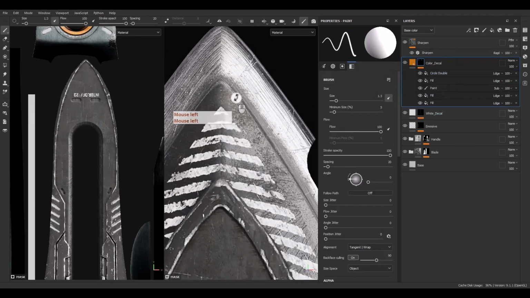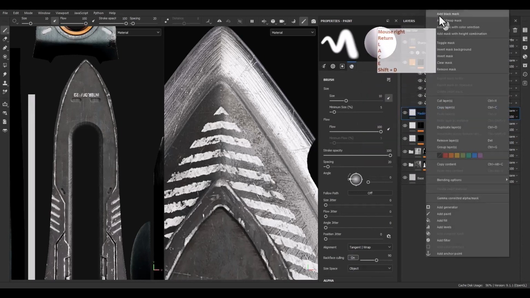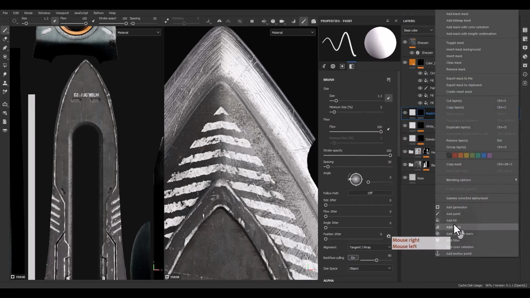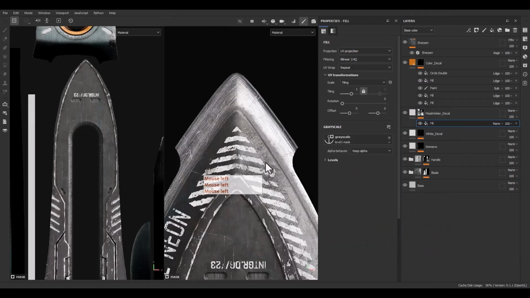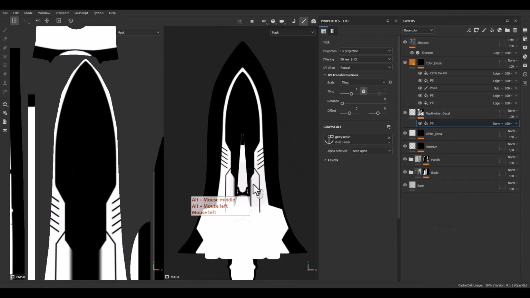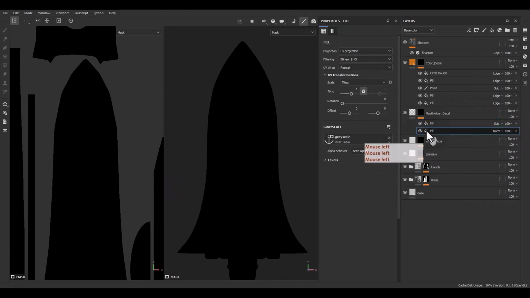But it would be so hard to create this mask because we are going to subtract the mask from each other, and we need some space to do that. So let's create a mask holder, decal, and let's add a black mask. And in here, I'm going to recall the level 1 mask, as you can see. That's it. And okay, let's duplicate this layer, change the blending mode to subtract,